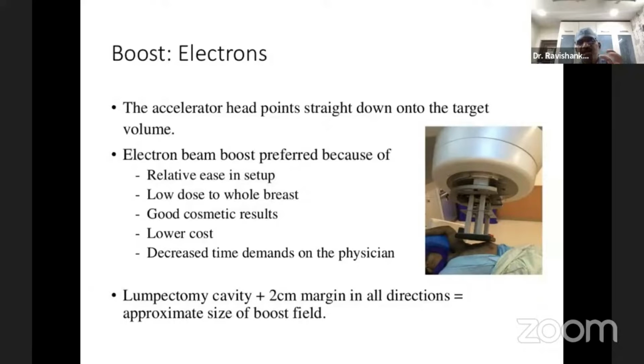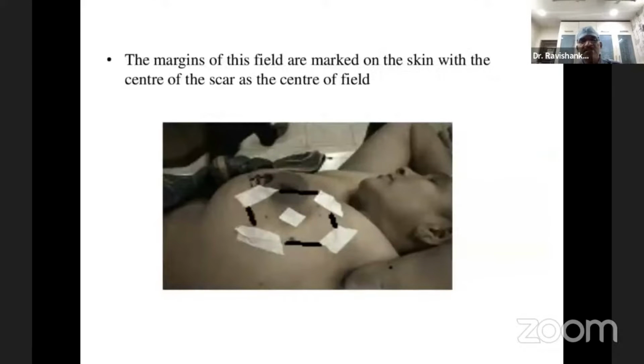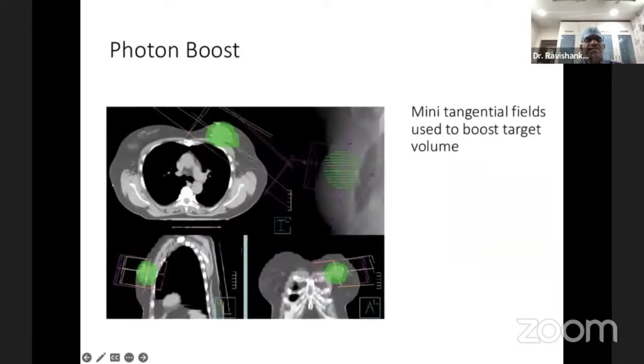So your area of interest here would be your lumpectomy cavity with a 2 centimeter margin on that. This is how it looks. It's pretty easy. You can mark this as the area of interest that we are going to treat. This can also be treated by a photon boost if you want to. You can delineate, but this requires some assistance from the surgeon, like placing a clip. You can see these are the clips that have been placed already by the surgeon, and you can also mark it on the scar, and both can be used for guiding your